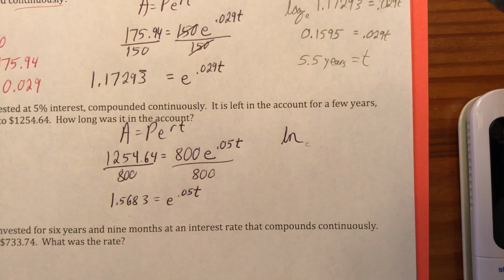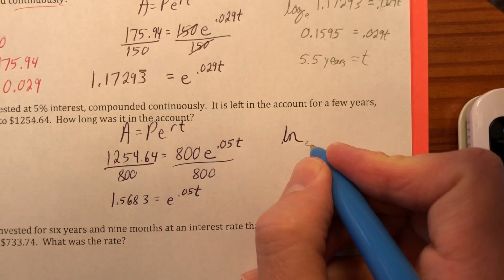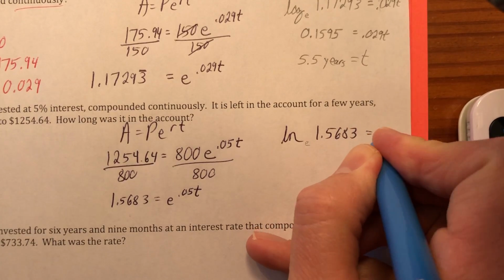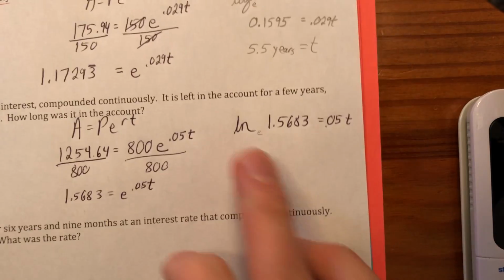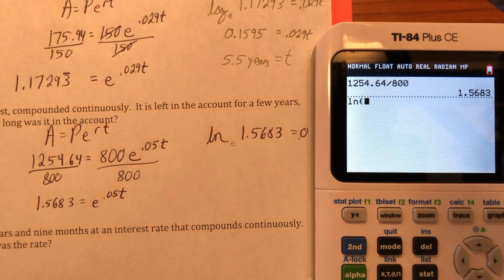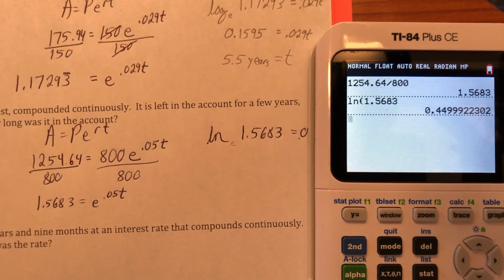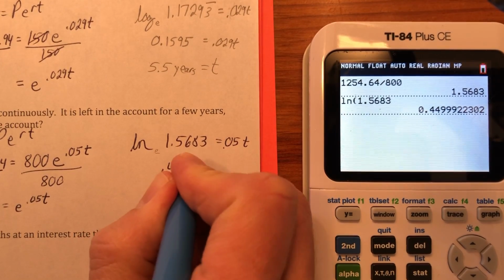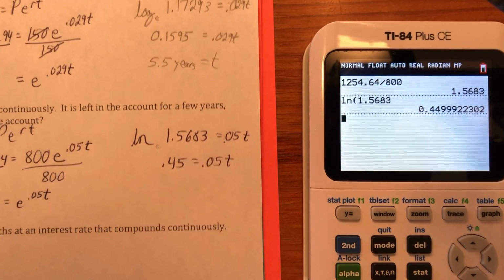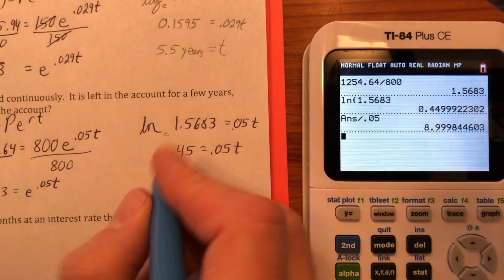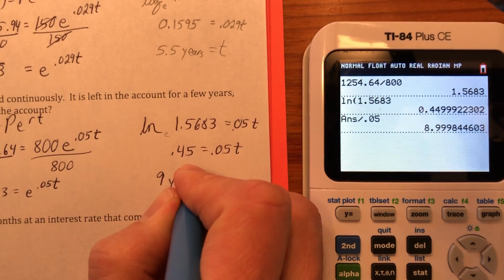And again, there's a whole lesson devoted to it, but not yet. So natural log base e of 1.5683 equals 0.05t. And we'll just type this in the calculator. We don't need to type that little e right there. So natural log of 1.5683 is 0.44999. We can round that. There's a logical place to round it. So 0.45 equals 0.05t. We'll divide by 0.05, and that looks like about 9 to me, so 9 years equals